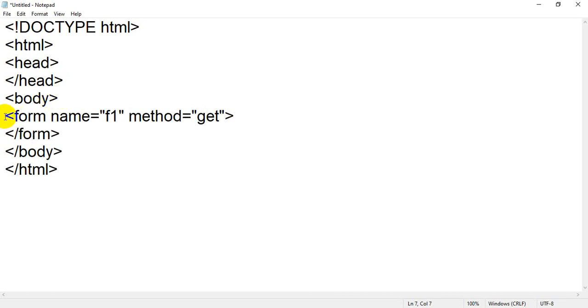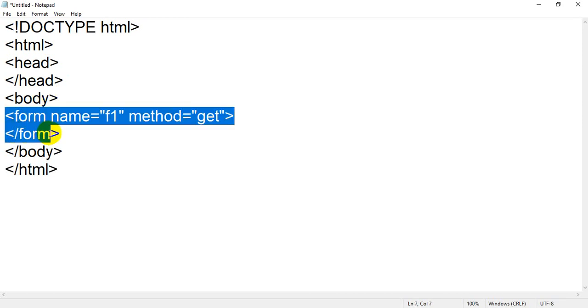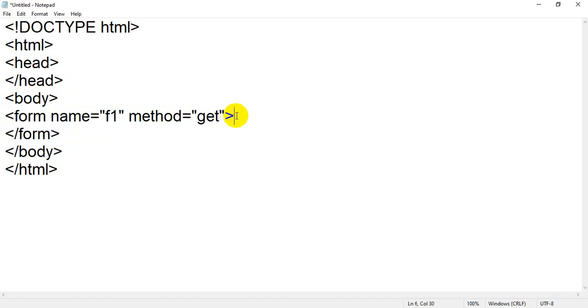Okay, between these opening and closing form tags I have to write the input tag. So first I will take, for example, name. Okay, after name I will take type.